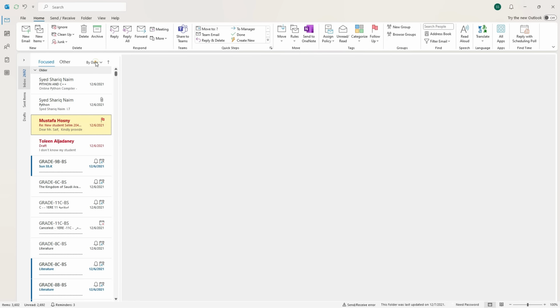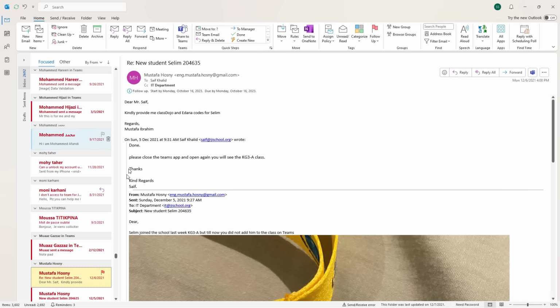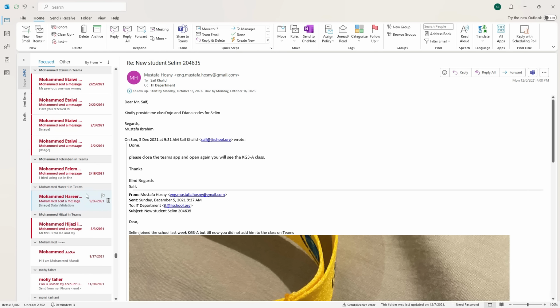You can view your emails by date, or from, or to, or flags. If you put flags on some of the emails, you can filter and see those emails, or date wise, with the current date first or the last date. Suppose I click on from, you see now this is all the emails I received from someone.